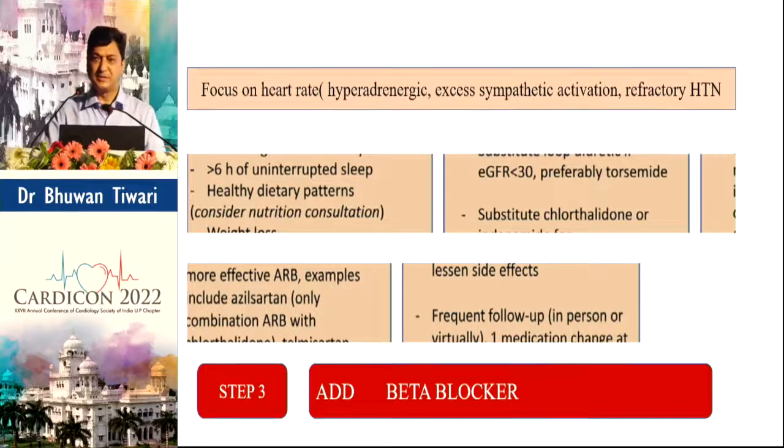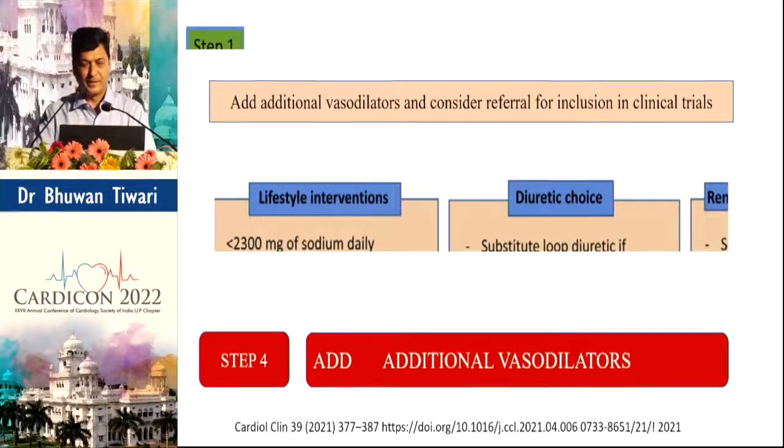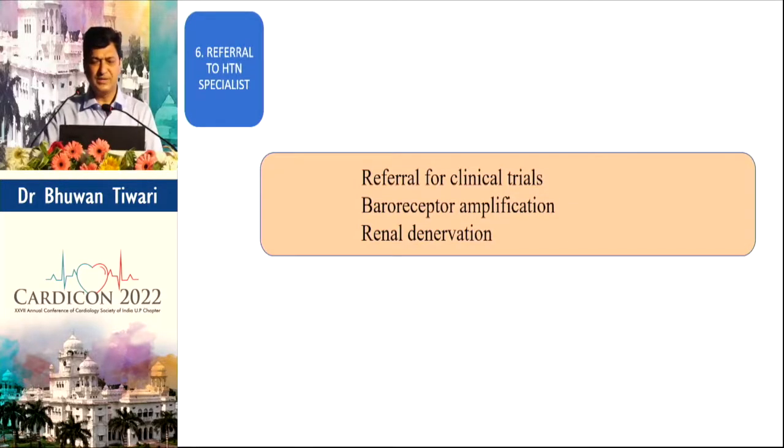Then the next step, because many of the patients are hyperadrenergic, is adding a beta blocker, preferably one which has been proved in trials, like carvedilol, metoprolol succinate or bisoprolol. And after this, if still not controlled, then additional vasodilators can be added. And even if this is not controlled, then we can use referral for clinical trial, baroreceptor amplification, renal denervation,